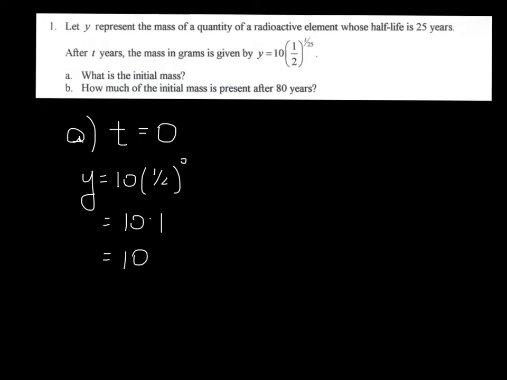So for part A, they ask us for the initial mass. So what we need to do is plug in a value for t, and initially no time has passed, so we're looking at t equals 0. So we can simply substitute. We've got 10 times 1/2 to the 0 power. We know that 1/2 to the 0 is 1. So we get that the initial amount was 10 grams. So we're going to write that. The initial amount